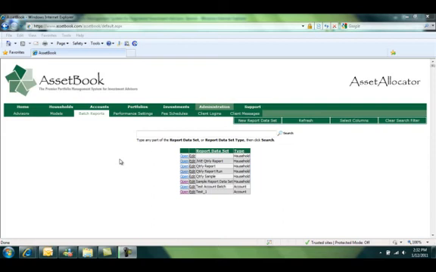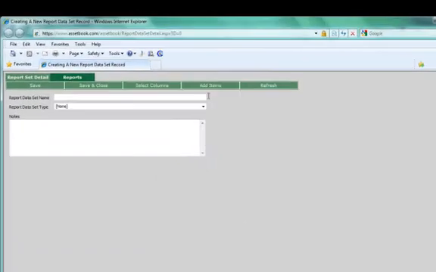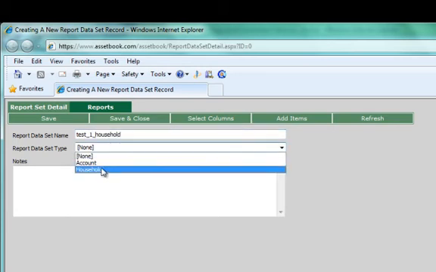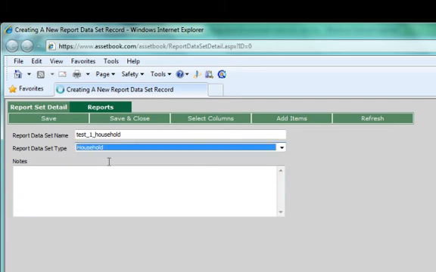Alright, now that we've taken a look at an account level batch report, let's go ahead and take a look at a household level batch report. So I'm going to go ahead and make a new batch report, and once again I'm going to go ahead and give it a name, and I'm going to choose household report set this time,